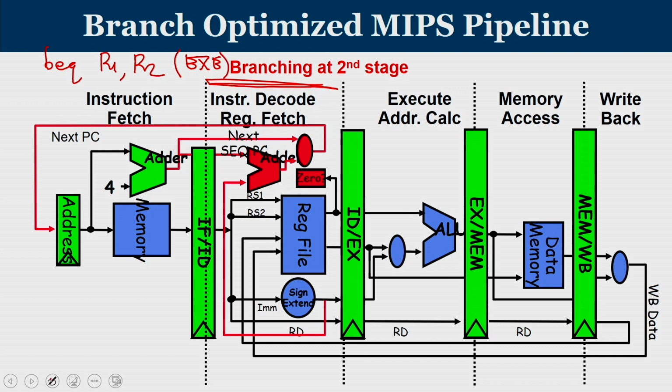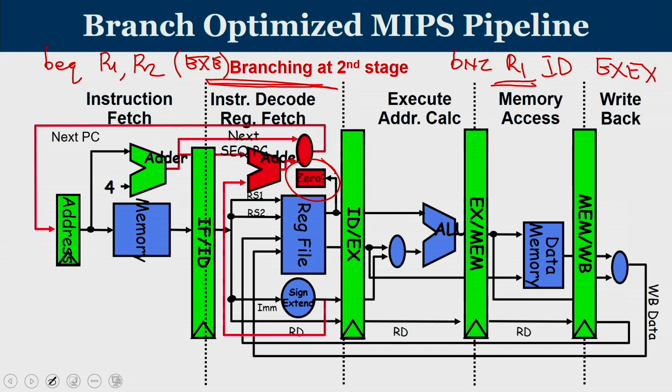Apart from that, if I rephrase my branch instruction as branch if non-zero of R1, my branch instruction is now not a comparison of 2 registers. I am just checking whether a register value is equal to 0 or not. That is called test on 0. This test on 0, I can do in the ID stage itself. I do not want an EXE unit to carry that out.